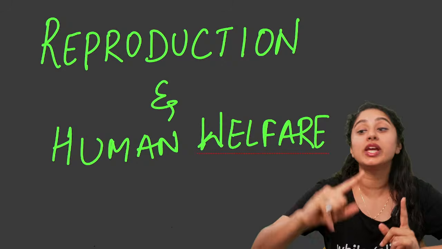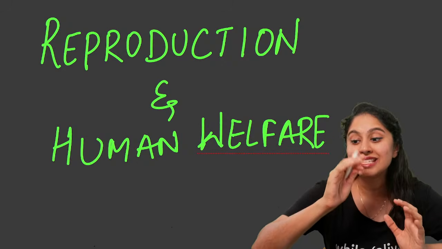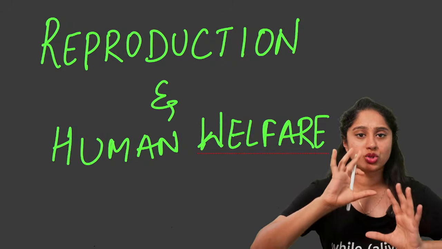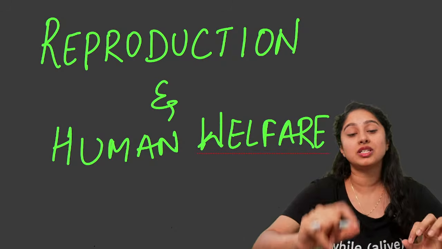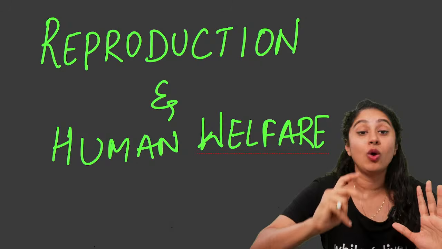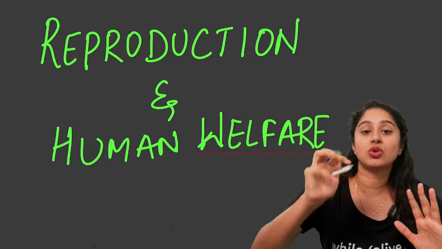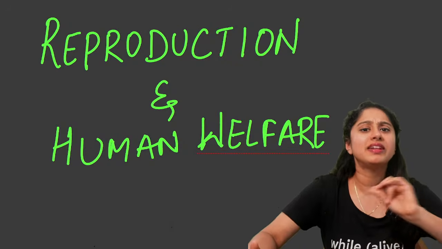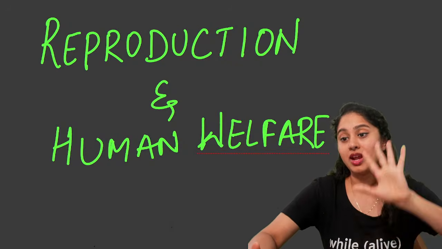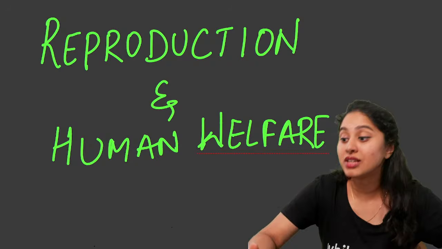Now all 3 chapters put together, easily you will be getting close to 6 to 7 questions, of which reproductive health alone can carry almost 3 questions. So roughly 7 to 8 questions you can expect from this section, which is roughly 30 to 35 marks from just the reproduction unit.